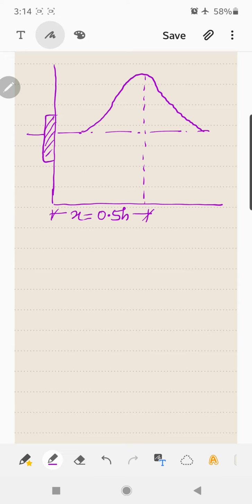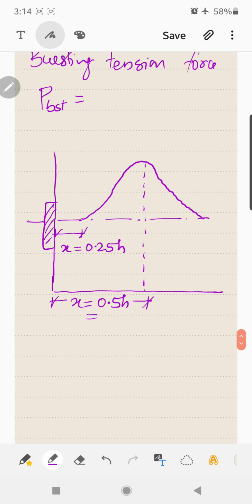So this is equal to 0.5 h. You can write its distance, how much you get. Now the zero stress value is at x by h equal to 0.25, so x is equal to 0.25 h. So the zero stress value, and the maximum is at 0.5 h. So this value, the principal stress, is 3.25 Newton per mm square, the maximum tensile stress.